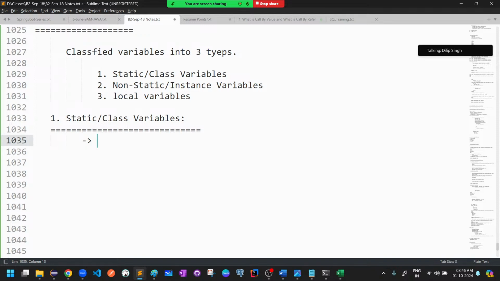Okay, point number one. When you say a variable is a static variable, whenever we define a variable